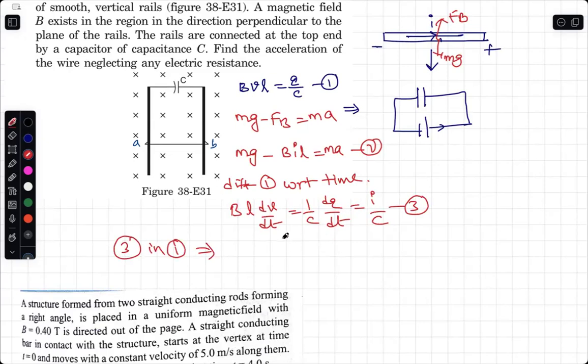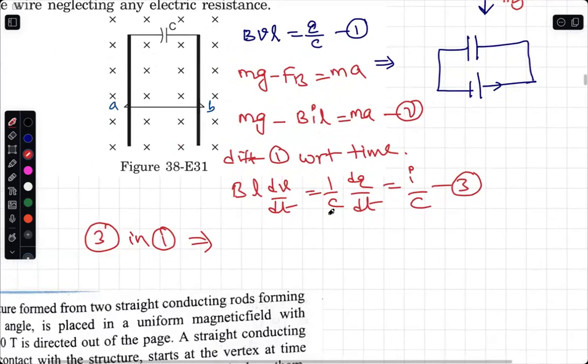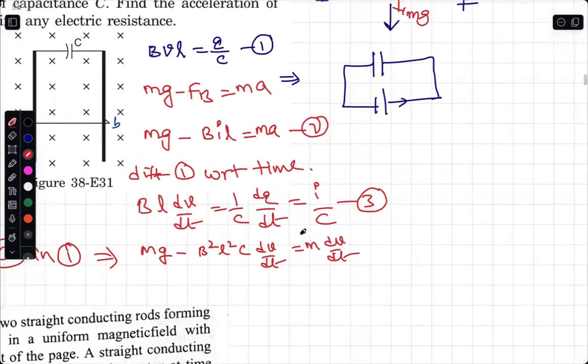By doing this, what is that you are going to have? By doing this, mg minus B square L square C dV by dt is m dV by dt. So with this I can write dV by dt is